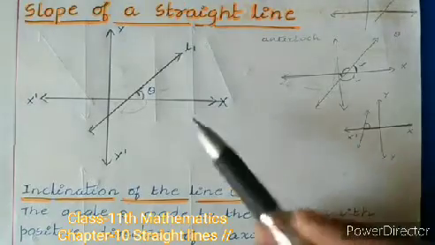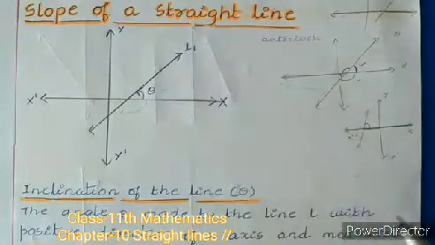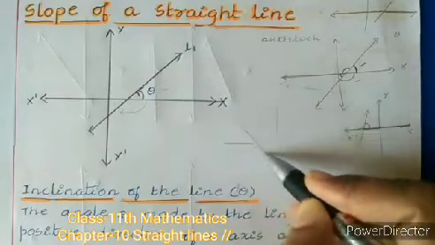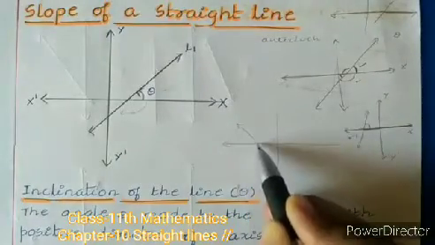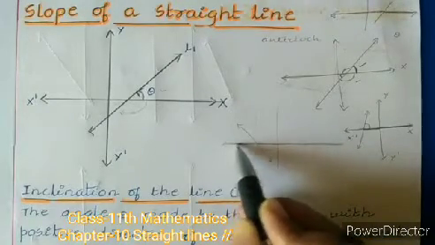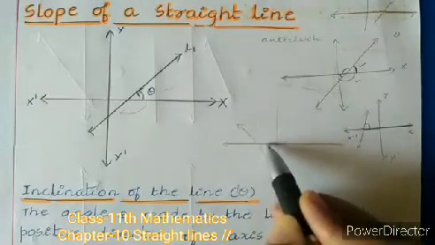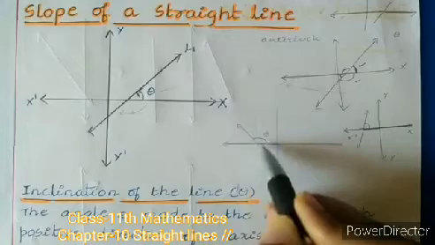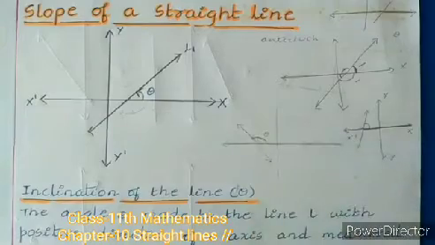That is denoted as theta. Now this theta value may range from 0 to 180 degrees. For example, let us say that here we have one line, located over here in this way. For this particular line, the positive direction is this one. The right side of this line is the positive direction of the x-axis, and this direction is the negative direction. Now the inclination of the line, for this we can take this one. That is, this forms the theta, the angle made by the line with the positive direction of the x-axis in anti-clockwise direction.